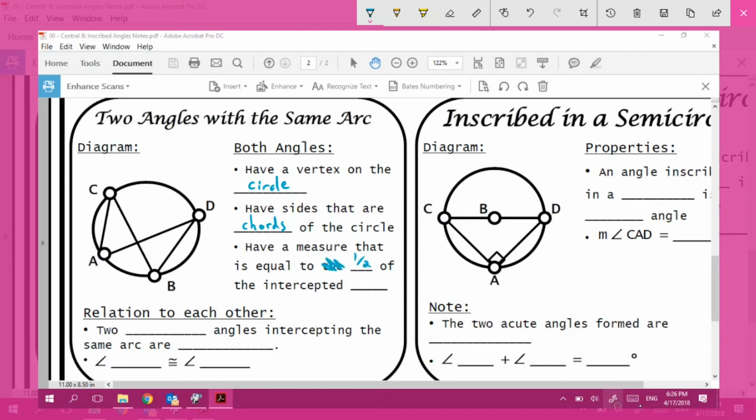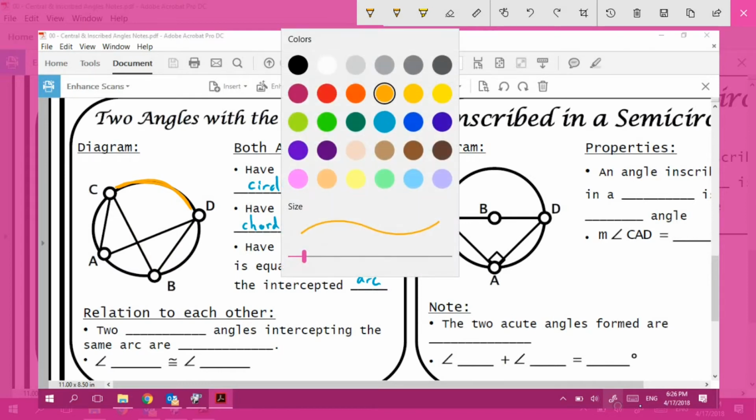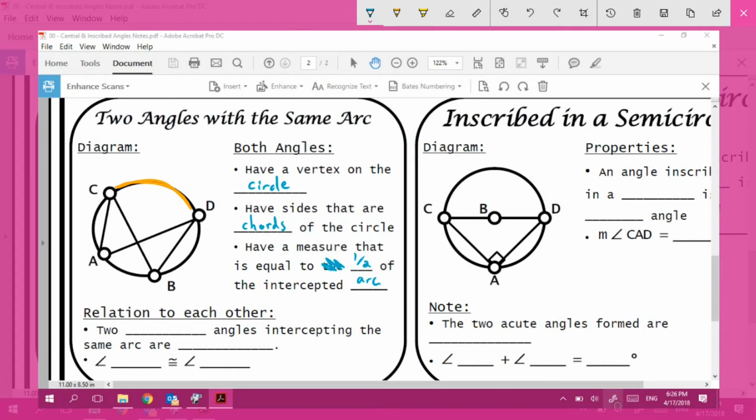of the intercepted arc. So that would be this arc up here, CD. Because you see, both of these angles, they're using this exact same arc. All right. Now the relationship of these two angles to each other is that the two inscribed angles